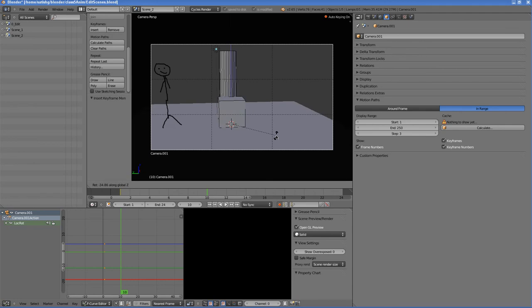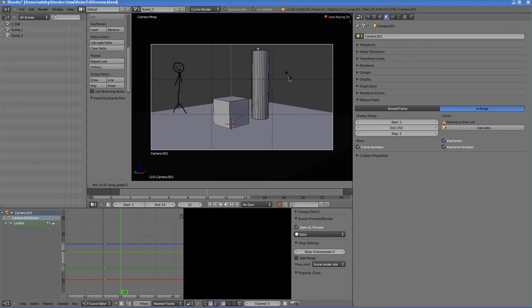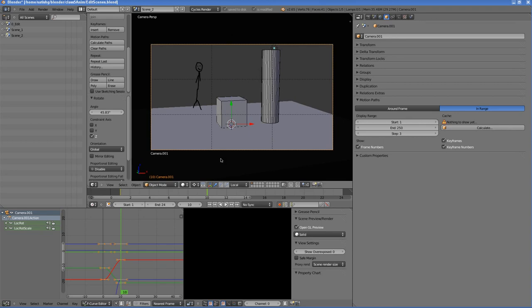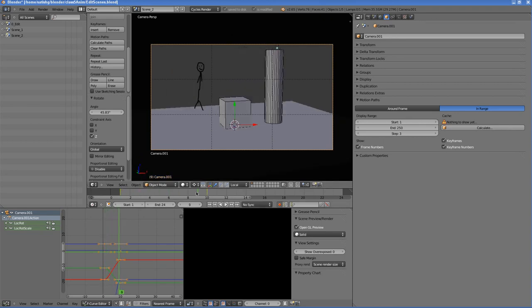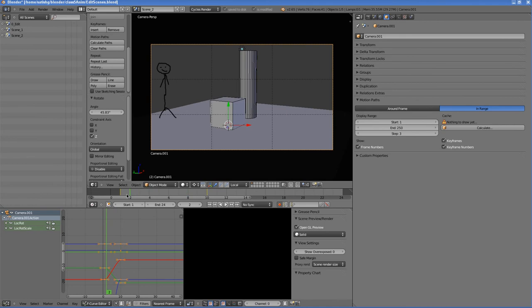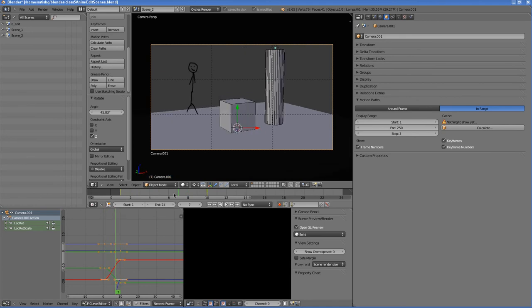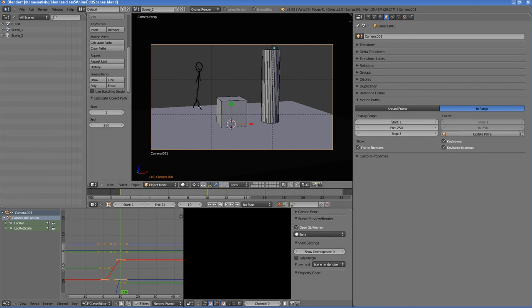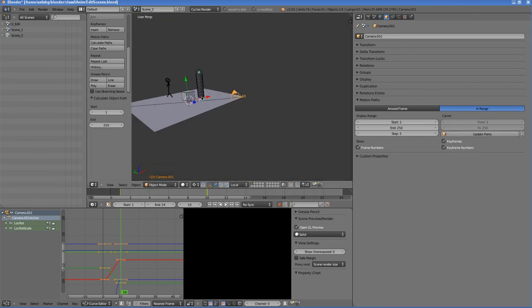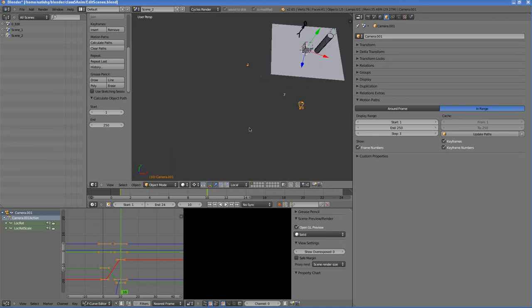Now if I move the mouse, you can see the camera is rotating. There you go. Again, this may not be the best way, but it's one of the ways that you can keyframe. I'll calculate the paths again so that you can see them over here.